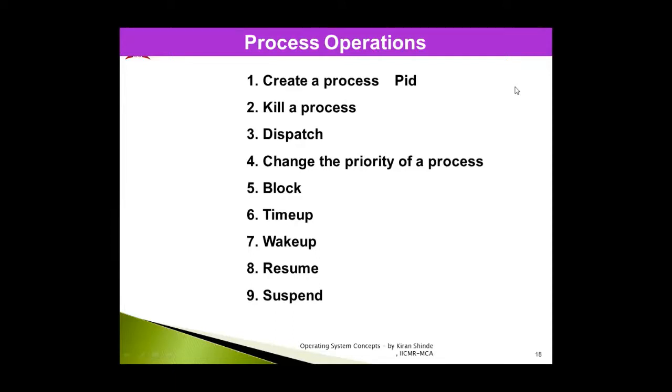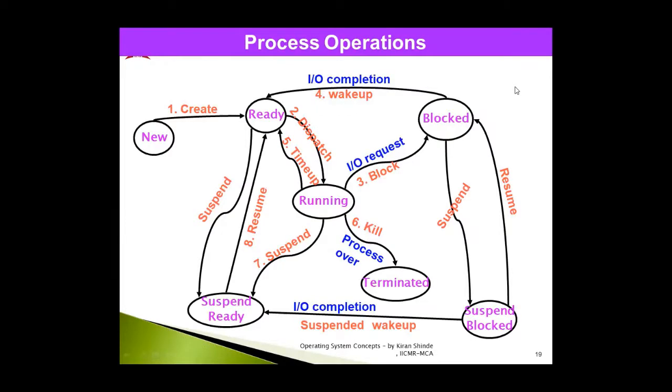Now with the help of a simple flow diagram, I'm going to explain how each operation occurs with respect to that particular process. So let's have a look at this particular flow diagram. In this diagram, the various operations are mentioned with the help of red color text. And you can see there are circles, which represent the various states of the process, which we discussed in my last video lecture. And with the serial numbers, you will understand in what sequence these operations are actually performed on the process.